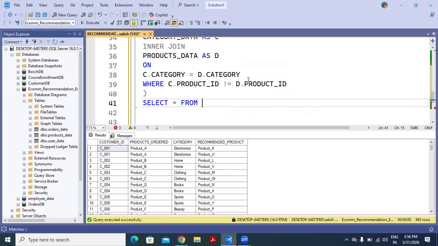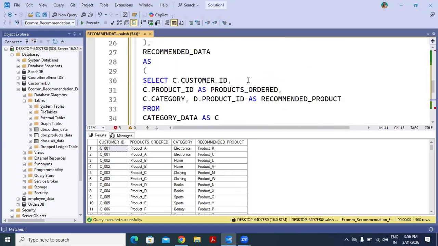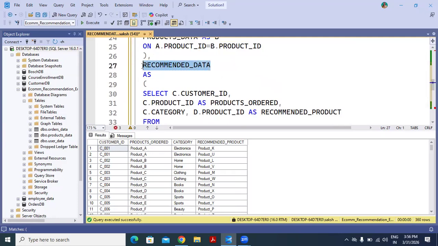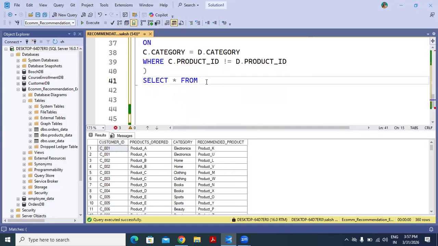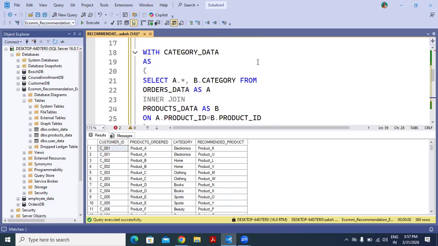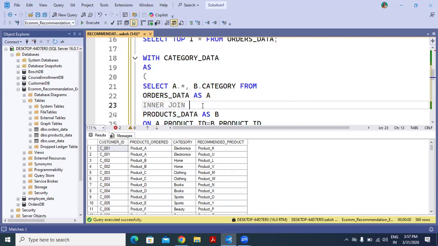Now, which table you need? This one. So the name of this table is now recommended data. So just select it and paste it.